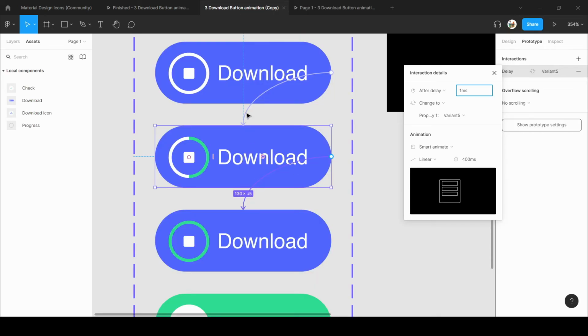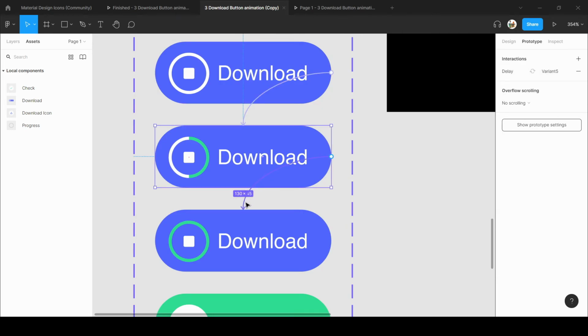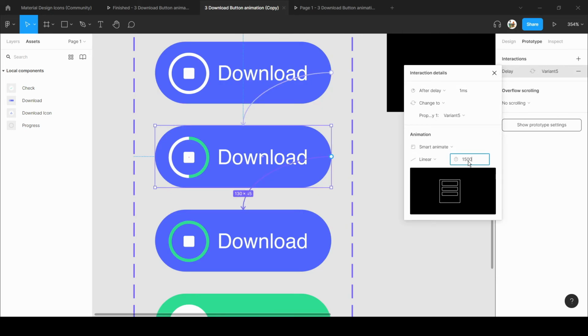But as you see, this progress is pretty much fast. So for that we have to fix this ms. So here by default it's 400. I will say 1500 here also and 1500 here. So note that the higher the value, the smoother your animation will go.